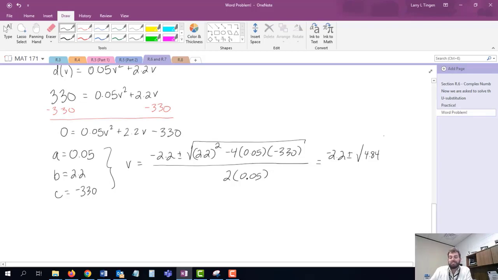So that's minus negative 66, which is plus 66. All over 2 times 5/100, which is 1/10. And finish it up. 4.84 plus 66 is